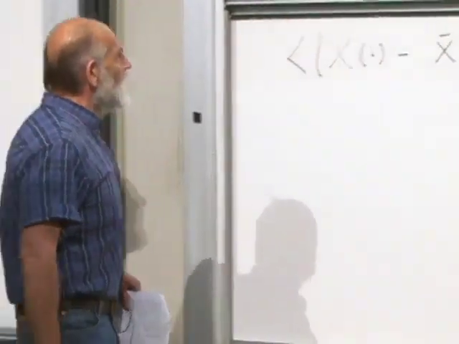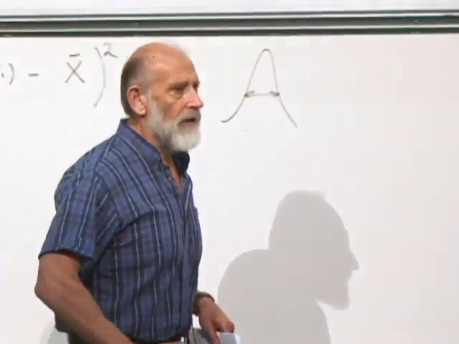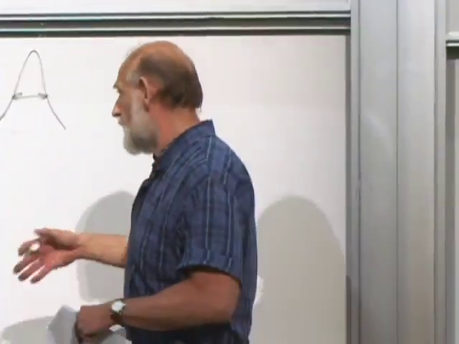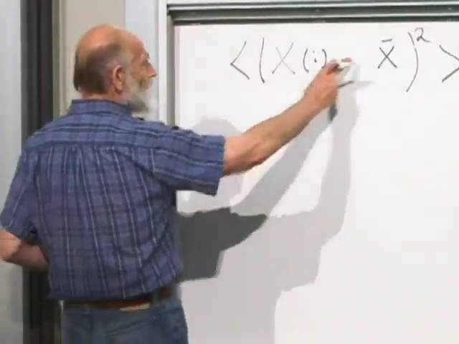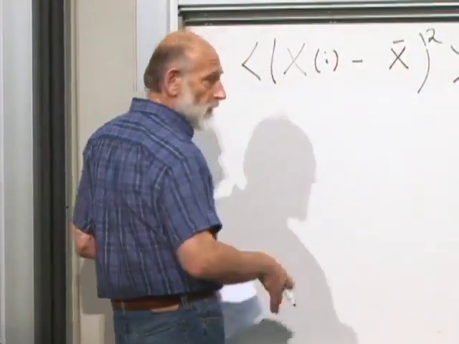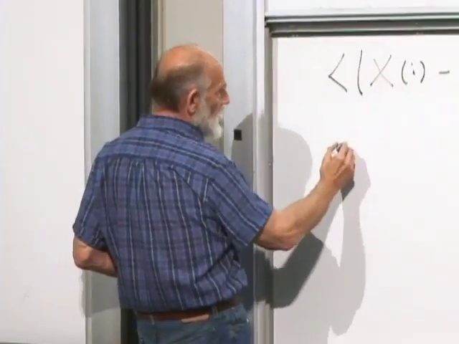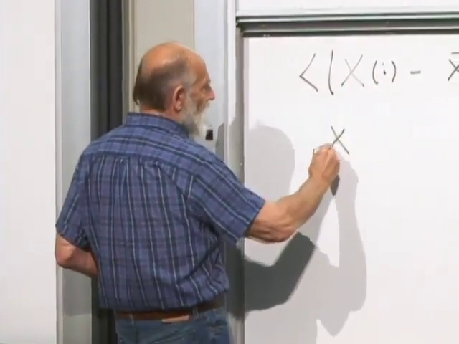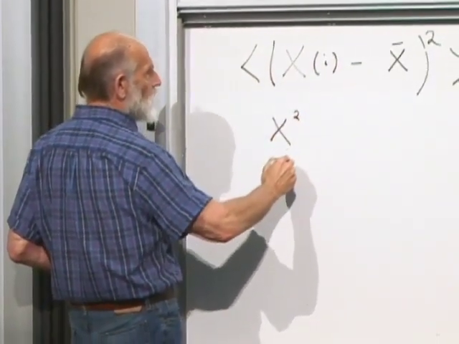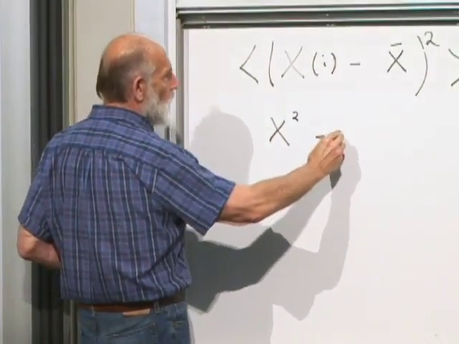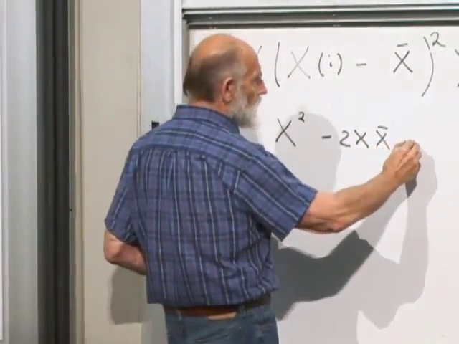So that's the statistical variance in x, and I want to calculate it for, well, first of all, let me simplify it, or let me re-express it. First of all, this can be expressed as the average. Incidentally, the overbar and the bracket notation are the same thing. I just didn't want to write brackets inside brackets. All right, so what is this? First of all, let's take the thing inside the bracket. It's x squared minus twice x times x bar plus x bar squared.